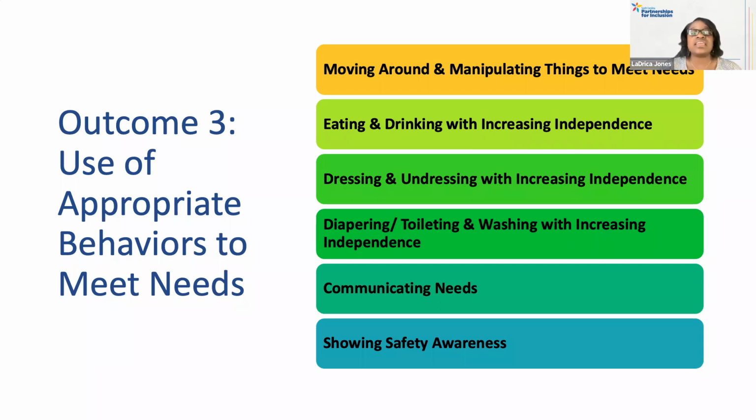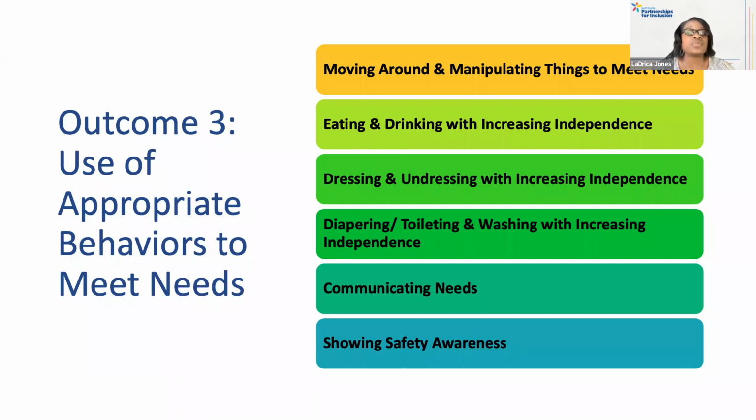The next one is eating and drinking with increasing independence. Students should be able to suck, swallow, chew, bite, finger feed, use utensils, hold their bottle, drink from a cup, all of those things that show growing independence with eating and feeding themselves. The third one is dressing and undressing with increasing independence. Children should be able to assist with dressing, taking off, putting on clothes and shoes, undoing fasteners, those kinds of